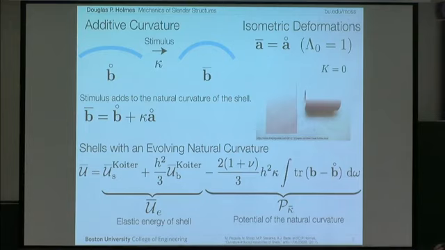So instead of the pressure case, in which you have pressure being work conjugate to the volume change, we're seeing something in which we have curvature, the stimulus of curvature, being conjugate to curvature changes on the shell. This is kind of important because now we can use all the beautiful work that Koiter did studying shell mechanics and instabilities, and now we can do some of those same types of problems using just a different potential. So I'm going to study this experimentally first